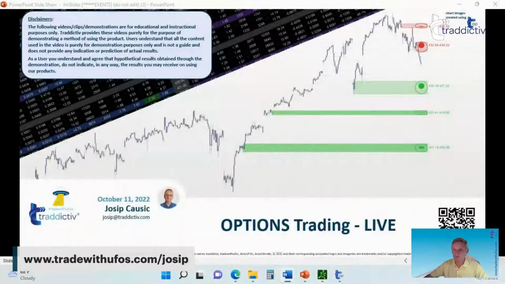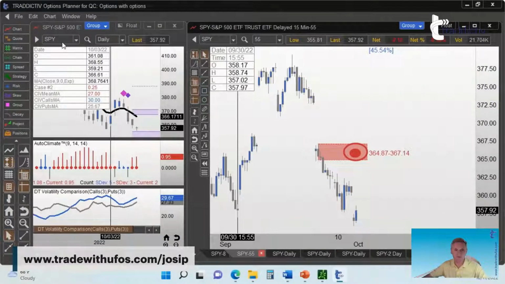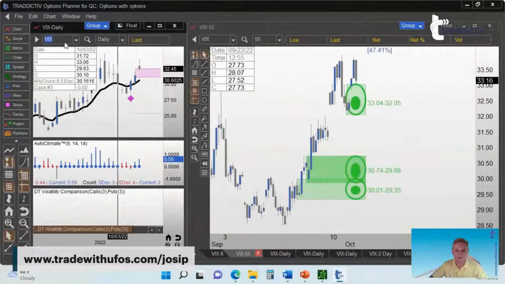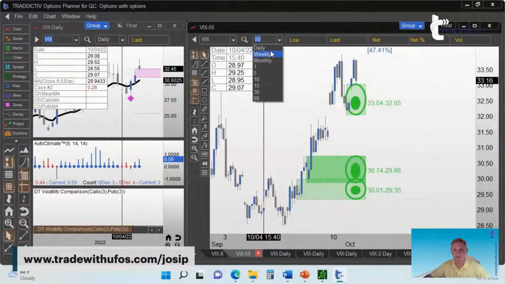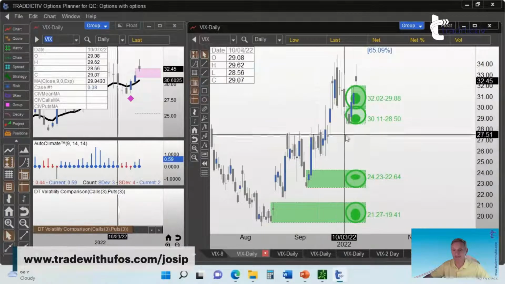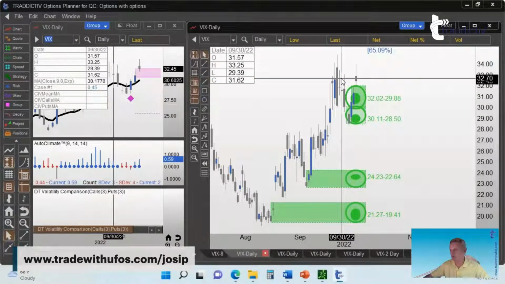So we have a lot to cover because I really want to find the right trades, not just any trades. And in order to do that, we're going to first look at the big picture. So let's start with the VIX first. VIX is the volatility index, and as you can see here, I'm going to just change it quickly to the daily. The low of the VIX is 19, and the high is pretty much where we are. 34 is the highest. We are now at 32.